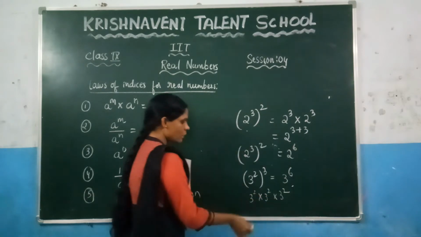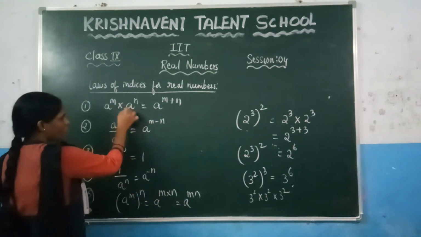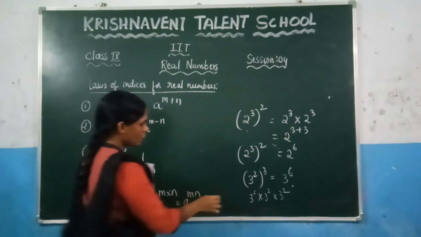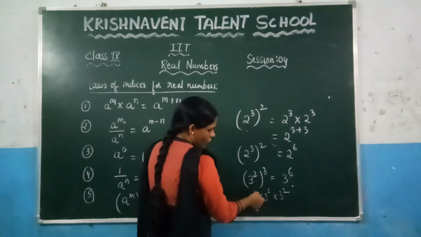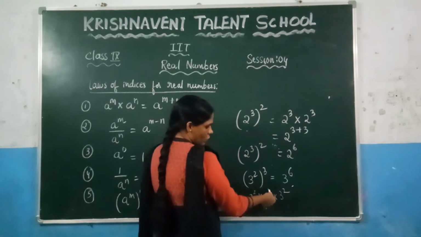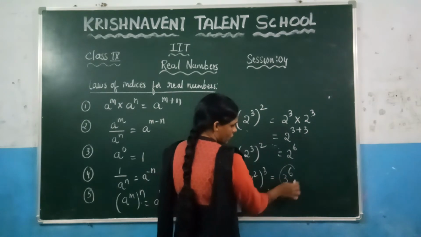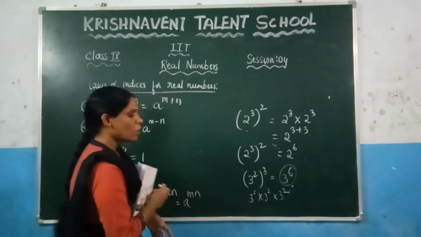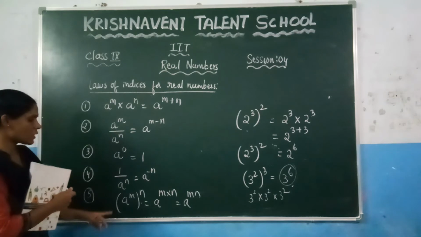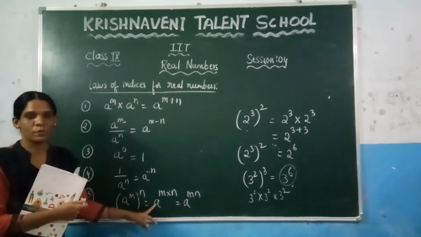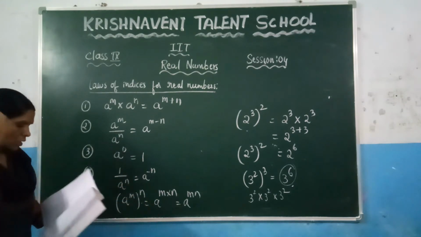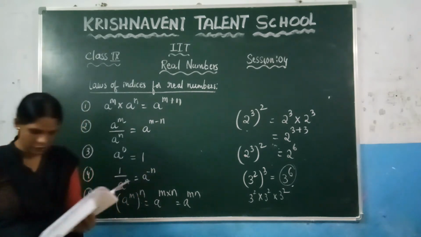Here also the same. You can apply it here. It is in the form of a^m into a^n. If the bases are same, you need to add the powers. So here 2 plus 2 is 4, 4 plus 2 is 6. You will get the same thing. So here the next law of exponent is (a^m)^n, which is always equal to a^(mn). Now see the next law of exponent,